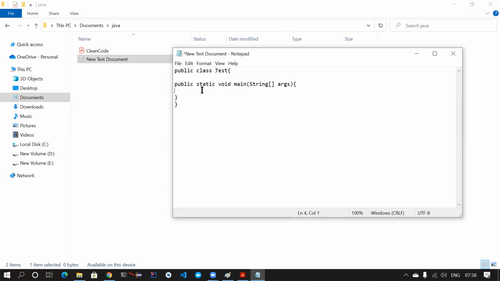Okay, now we have something like this, and I also want to print ln